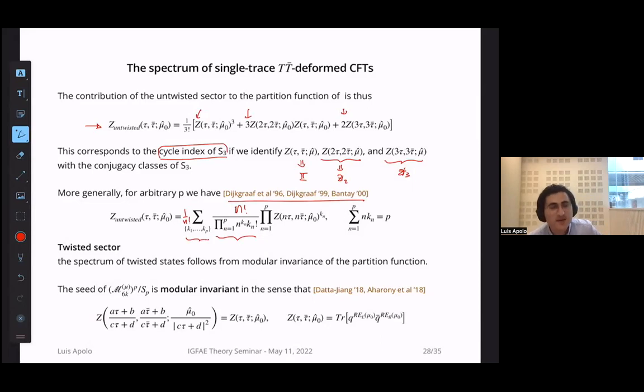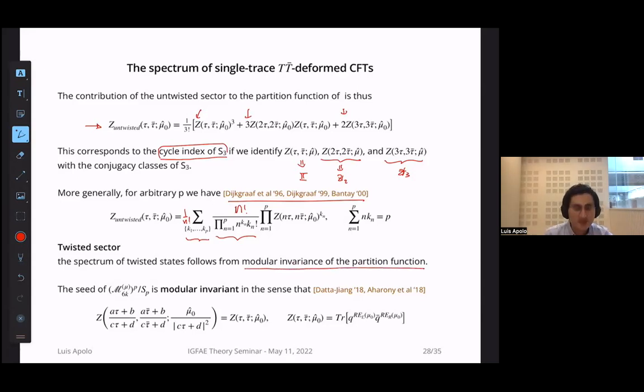It's a well-known formula. It works for any symmetric orbifold of anything. It doesn't have to be a CFT. It's just a counting problem. What is different for, say, a TTbar deformed CFT versus a CFT comes from the twisted sector. So the spectrum of twisted states in a symmetric orbifold can be deduced by imposing modular invariance of the partition